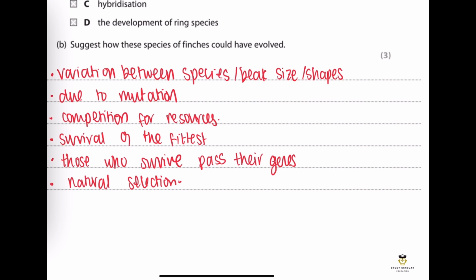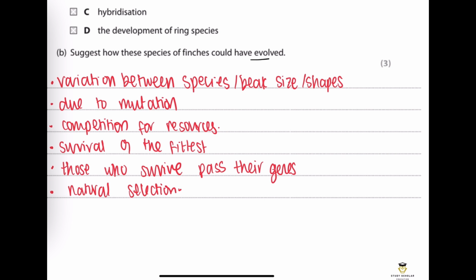So B, suggest how these species of finches could have evolved. Again, we see evolved, so we go back to the same structure that we know for natural selection and for evolution. With evolved, we start talking about survival of the fittest and natural selection. You will see that it's the same answer every single time, just different ones. So, variation between species of beak sizes and shape, and this is due to a mutation